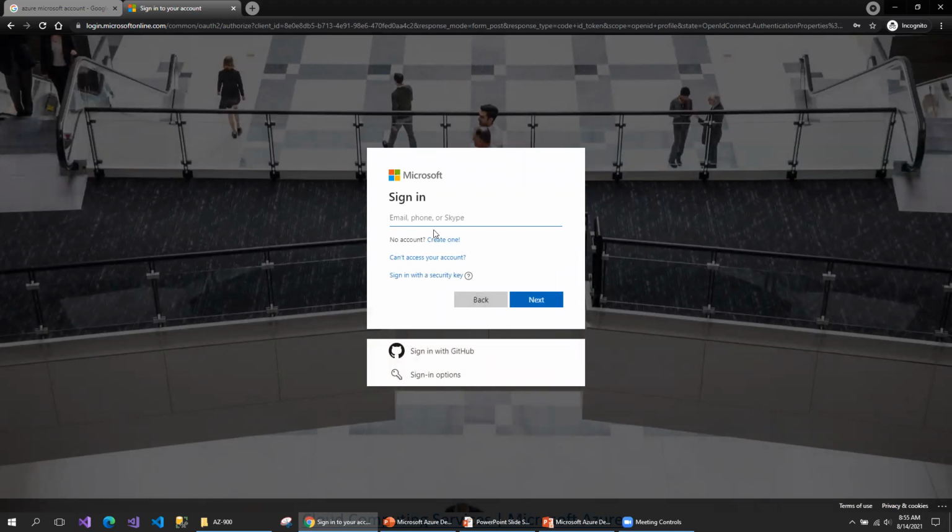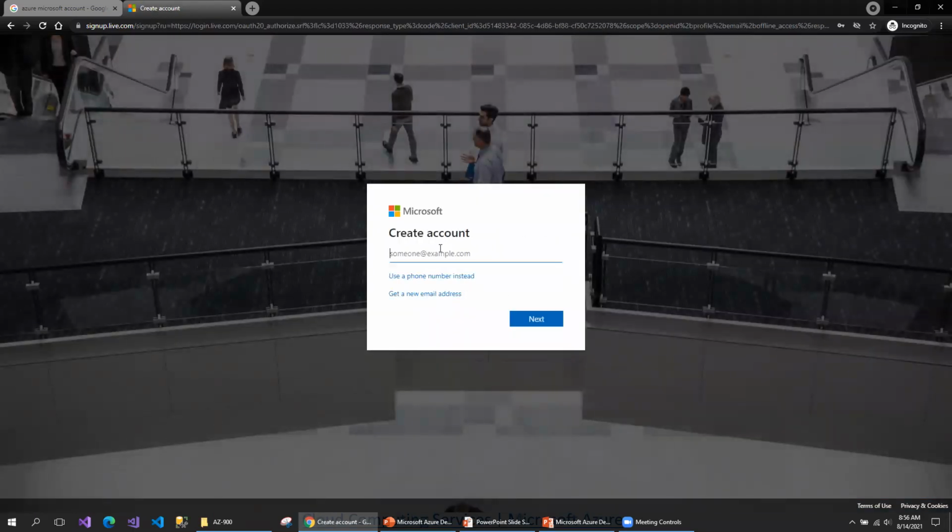Now I already have the email ID, so I have to link it with a Microsoft Live account. For that, I have to click on create one. What I'm doing is creating the Live account using an existing Gmail ID.